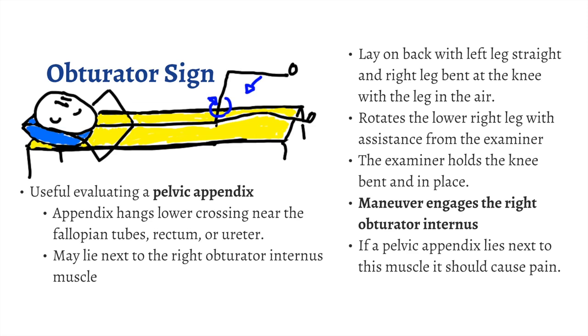A pelvic appendix may lie next to the right obturator internus muscle, so the theory is very similar to the theory behind the psoas sign. The patient lays on their back and rotates the lower right leg with assistance from the examiner, while the examiner holds the knee bent and in place. This maneuver engages the right obturator internus, and theoretically, if a pelvic appendix lies next to this muscle, it should